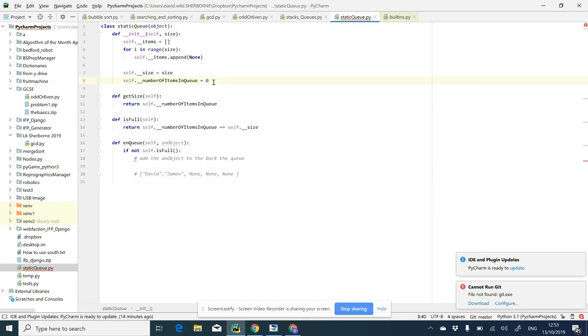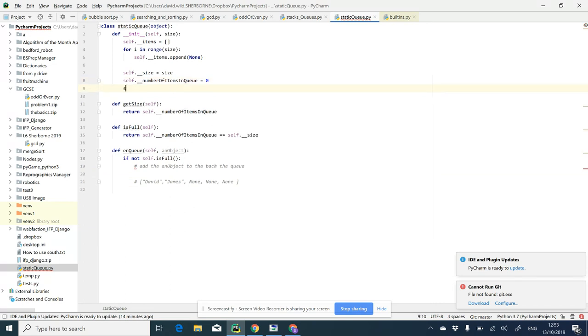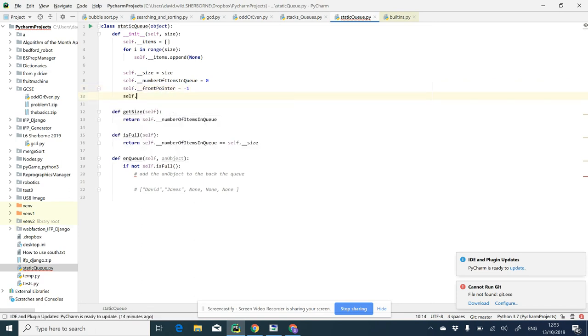Now, if the queue is empty, remember that the indices of the pointers are going to be 0, 1, 2, 3, 4, etc. So let's say that we're going to have -1 as meaning there is no front and back. So we're going to have self.front pointer, and that's going to be -1, and self.back pointer. That's also going to be -1. In other words,